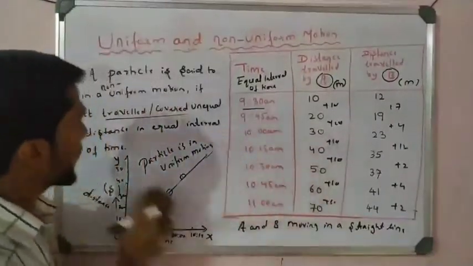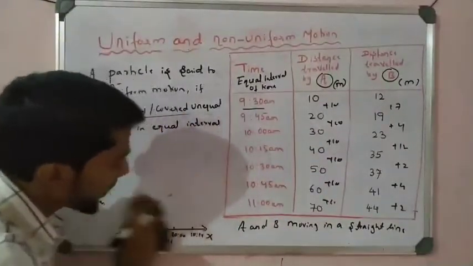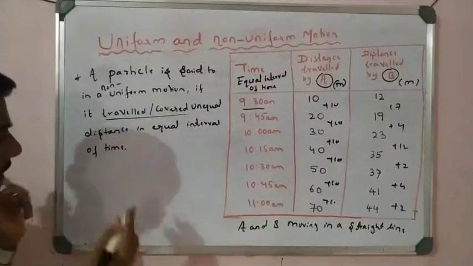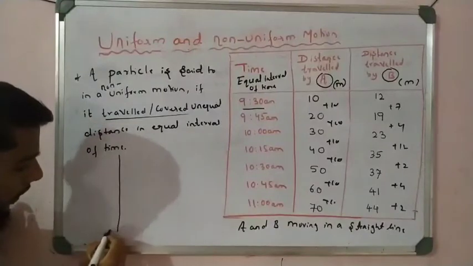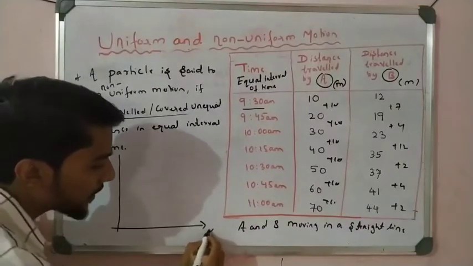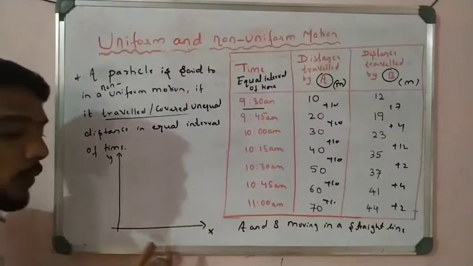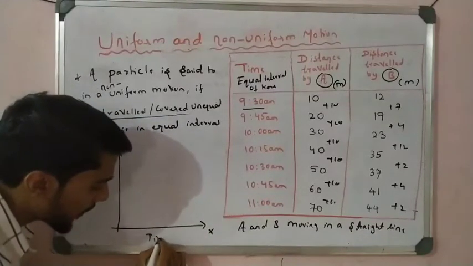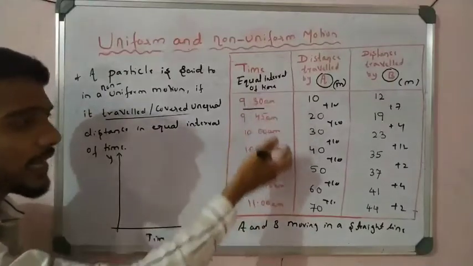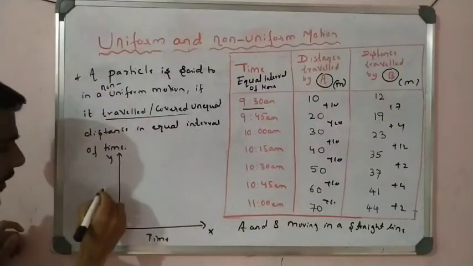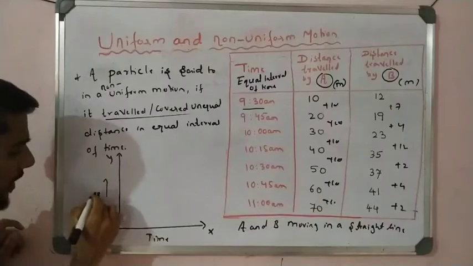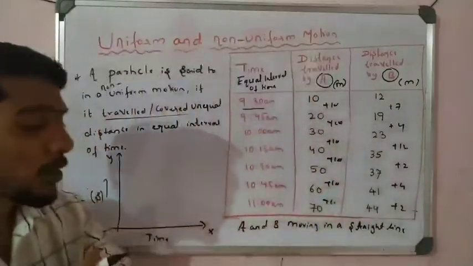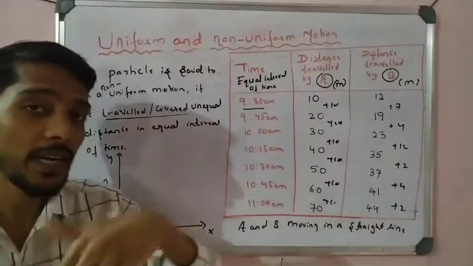Right? Now students, one question arises here. So sir, what is the graph of such motion? So let us draw the graph. This is called the x-axis and this is called the y-axis. So what do we take on the x-axis? That is time. Time in minutes or seconds, your choice, but we take minutes here. And that stands for distance, or position. Students, do not get confused, it is distance, not speed. Practice it.